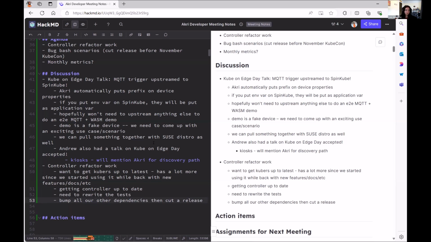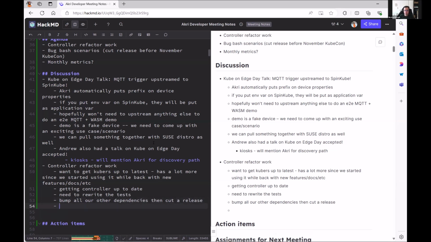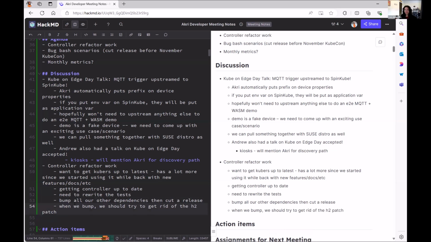When we bump the dependencies, we may want to try again getting rid of the patch we have on, I don't remember what library it is, but yeah, H2. So see if it's still needed, because it would be nice to get rid of that one. For sure.